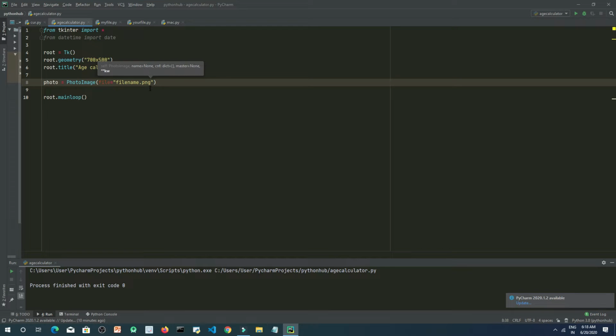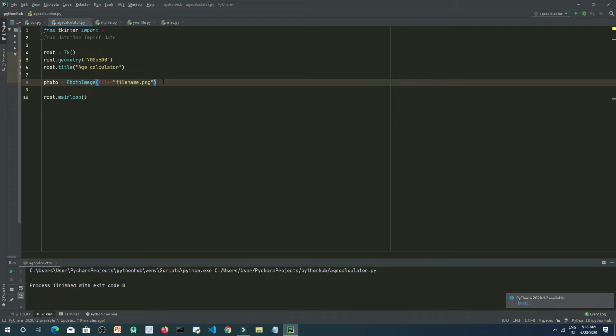One thing you need to take care of is that this file should be inside the same folder where your program exists. We will see it very soon.